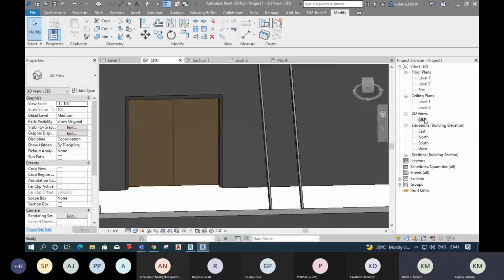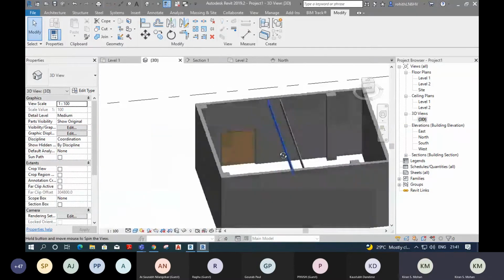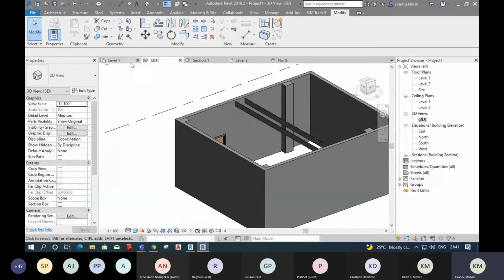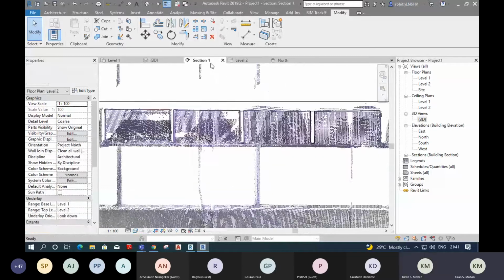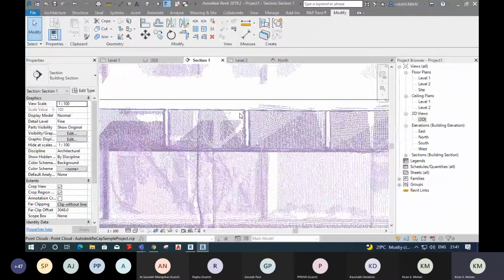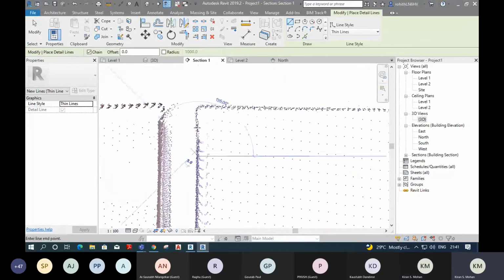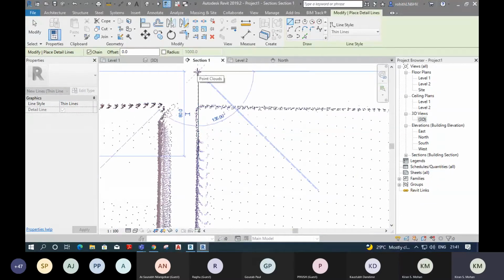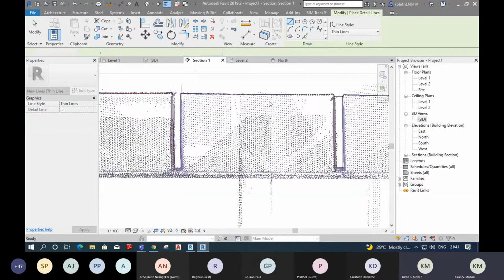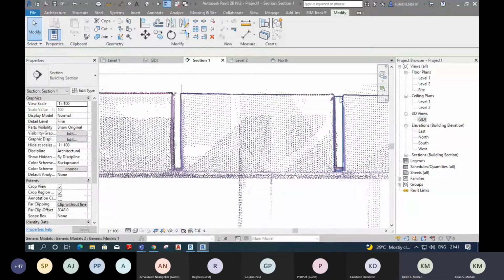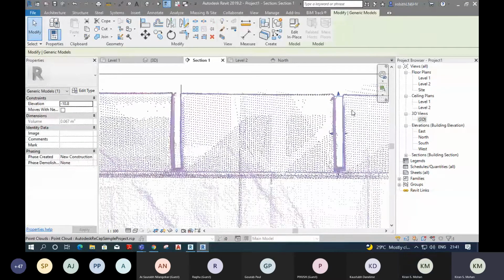Anyway, the quality of the scan data fully depends on the method of scanning, the person who scans the data, and the survey data which comes from the site team. Okay, like this, you can copy the joist to other locations and you can complete the entire joist elements inside this building.